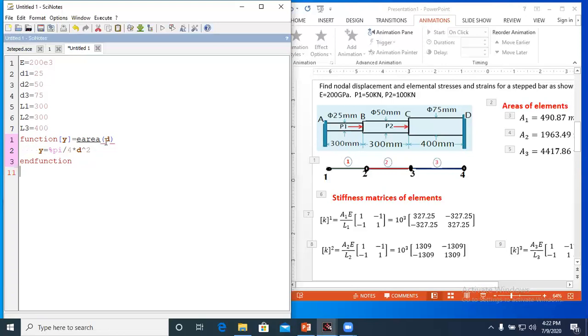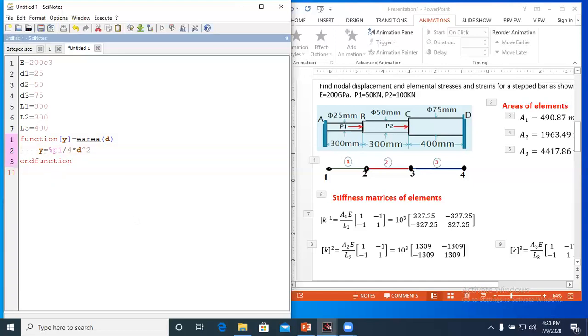Now here while calling the function, we have to transfer the diameter of the first element as the actual argument, that will be received by this d. That means value of the d1 will be received by this d, and this d is used for calculation of the y. Y will be calculated as the area of the first element, and in the function call this value is transferred as a return argument.